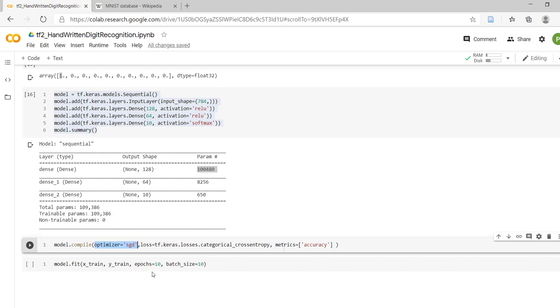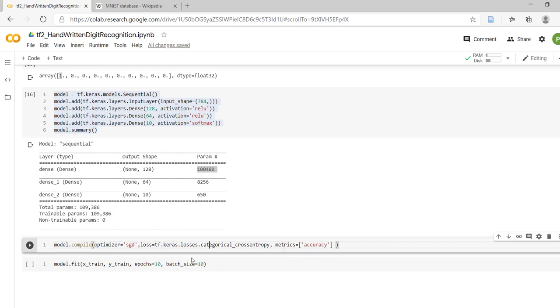But what is meant by loss and how will loss be calculated? Losses will be calculated by taking into account y and y cap. Y is the actual output, y cap is the predicted output. For that we are using categorical cross entropy loss.